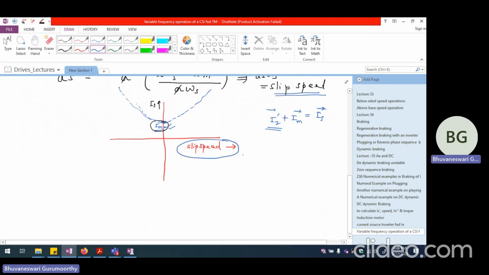But if we are talking about a constant load torque, we are really going to keep the slip speed constant, the magnetizing current constant, and the current source value constant. The only thing we may be varying is frequency as per the speed requirement of the motor load. Let us now look at the operation of the CSI fed drive